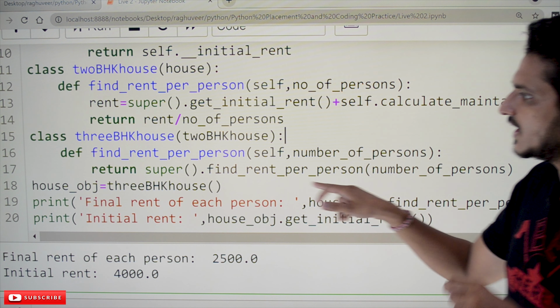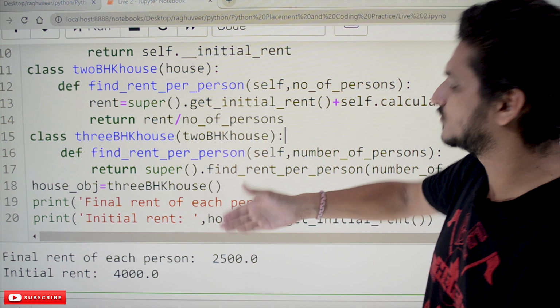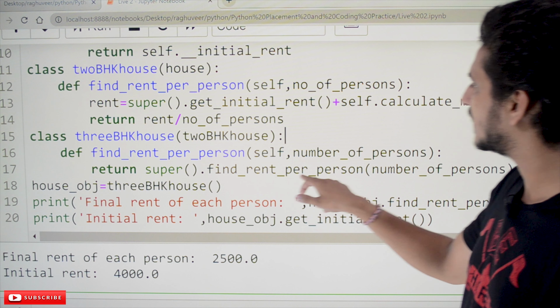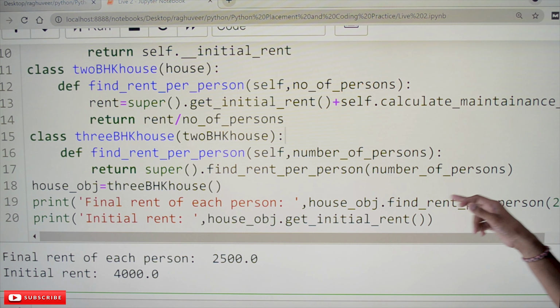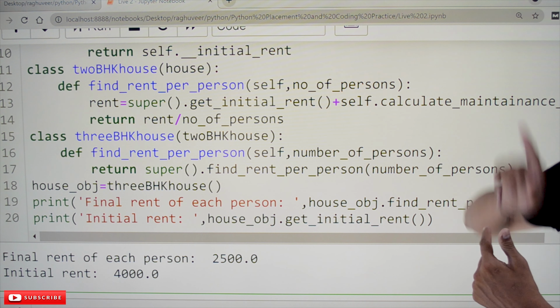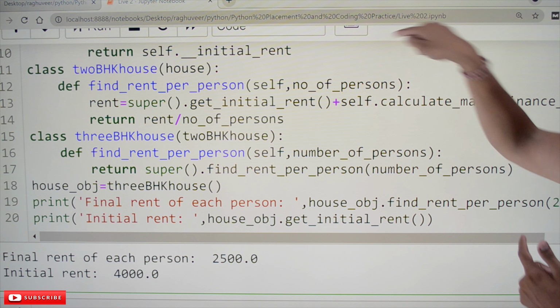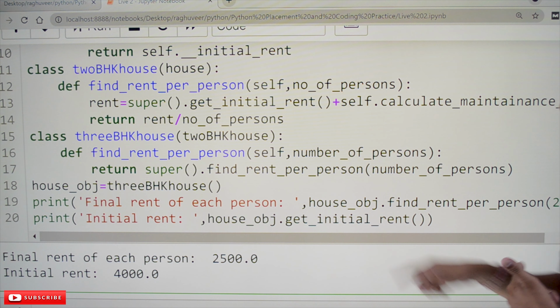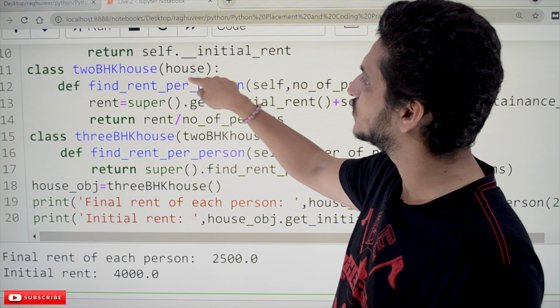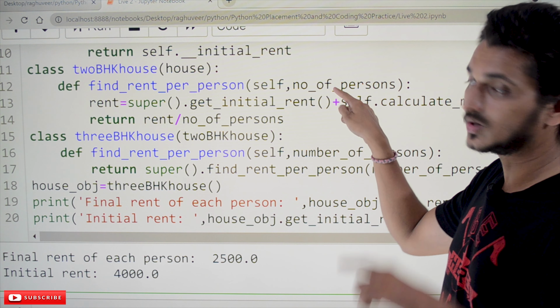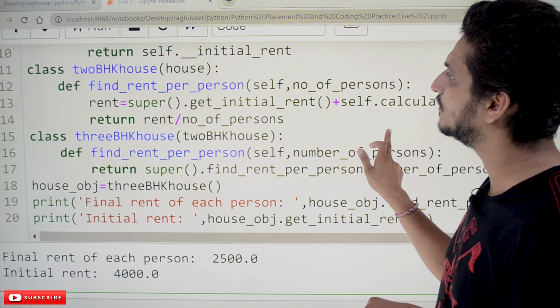What's happening in this method? It is returning super dot find rent per person of number of persons, which means it is calling the super class method and sending the value 2 to it. So now the super class method is executed, find rent per person of, taking the value 2. What's the code in this method?